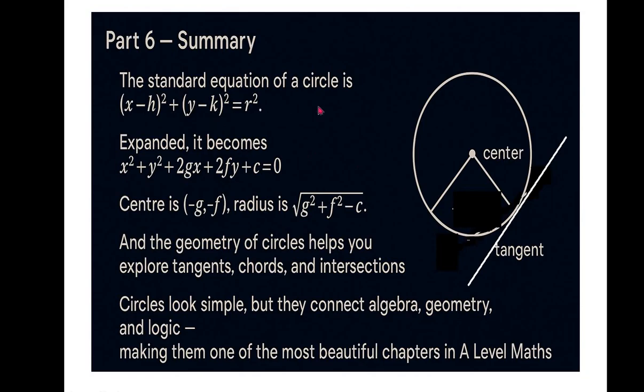Summary: the standard equation of a circle is (x − h)² + (y − k)² = r². Expanding, we have the general form, where the center is (−g, −f). The geometry of circles helps us explore tangents, chords, and intersecting circles. They look simple, but they connect algebra, geometry, and logic, making them one of the most beautiful chapters in the